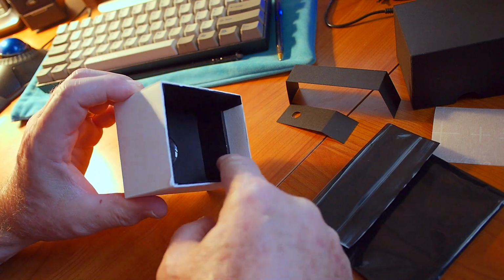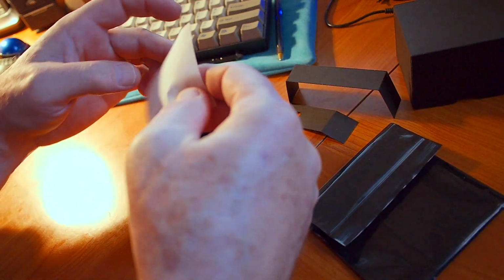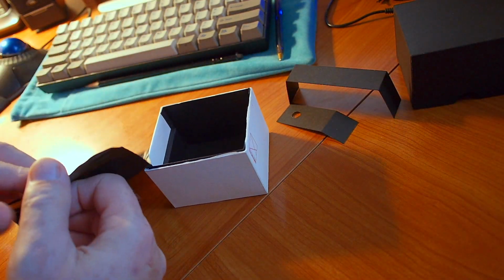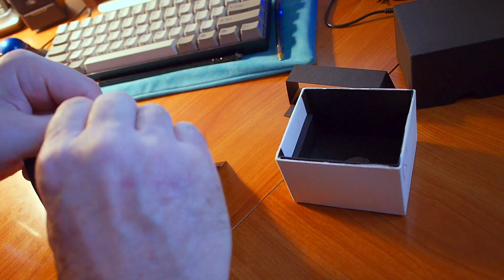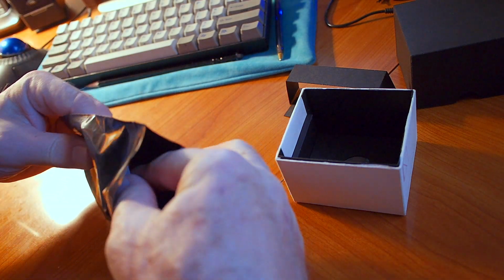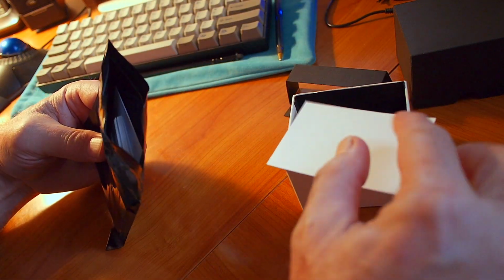So again, this is the inside of the box. We have these little ledges on either side, and we're going to be putting the paper in so it's kind of curved in the back like that. And this is the pack of paper, and I don't know what kind of paper this is. Jorge indicated that it would be a mix, a variety of different kinds of paper, I believe, is what he said. So I'm just going to grab one of the sheets